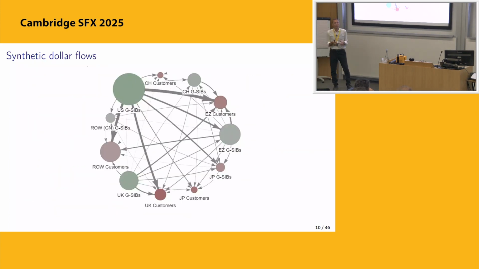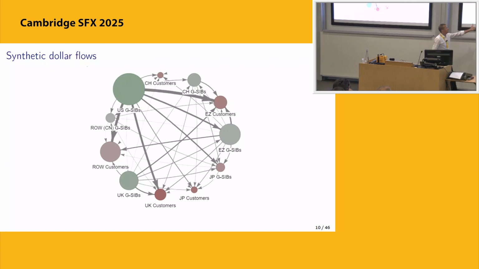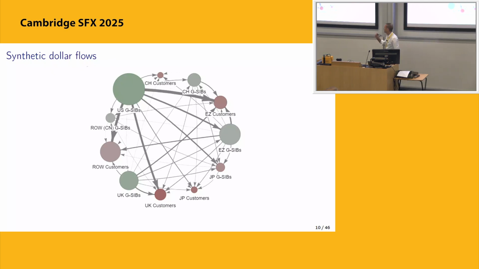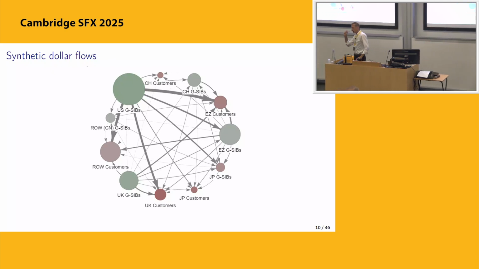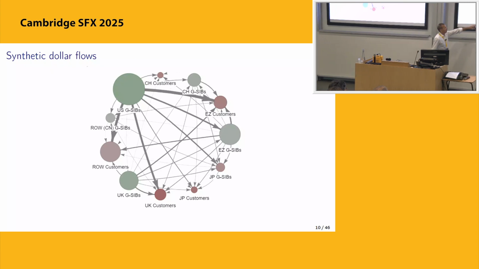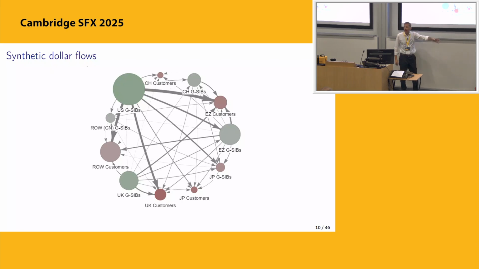Okay, so once you have this data, you carefully study that, you can construct a kind of network. This is the global network of FX swaps, right? Just to give you the sense of what you can do, the dot size represents the average outstanding position. Green means that they are lending dollars on average, red if they are borrowing dollars on average, right? And then the arrow